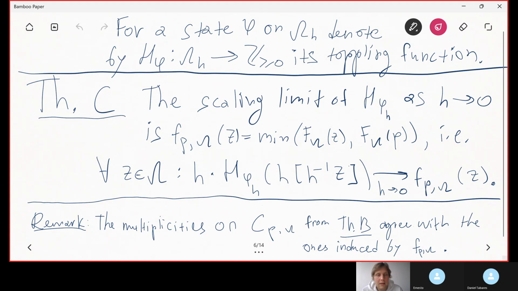And here, the scaling limit of these toppling functions is just that tropical series, that distance with the constant term introduced. So this is the constant term which I'm